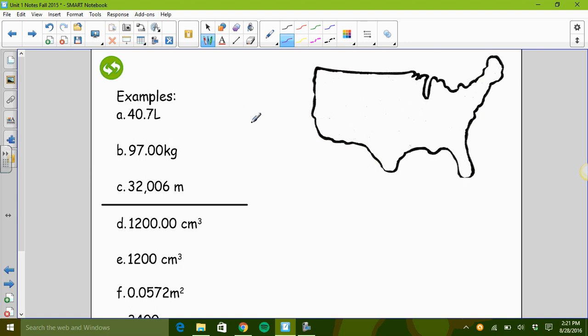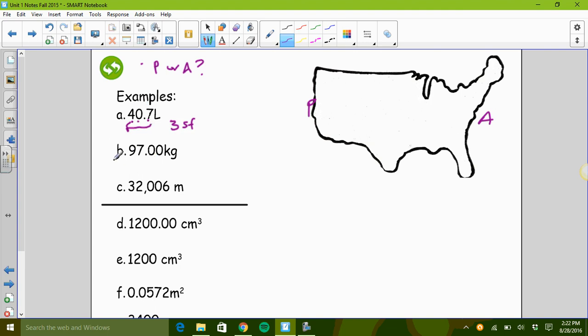These examples are on your worksheet as well. Remember, this is the Pacific and this is the Atlantic. The first three I'll do with you. Point out to yourself, is the decimal present or absent? So this decimal is present, so I'm going to start counting from the right-hand side, which is the Atlantic. I start counting sig figs, the number of digits, at the first non-zero digit, and that happens to be the 7. I start counting at the 7 and then see 1, 2, 3 digits, because as soon as I start counting, you don't stop. So there are 3 sig figs in this measurement.